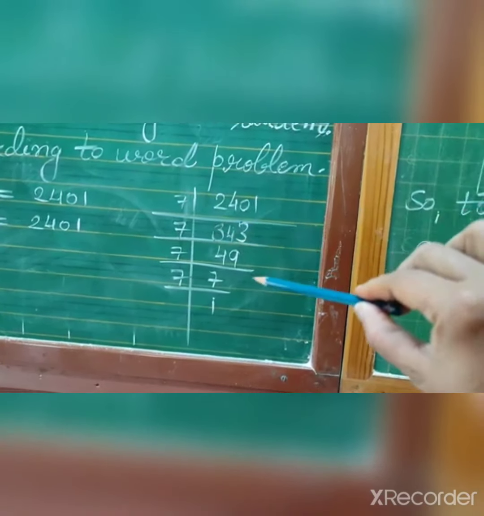Now according to the word problem, the number of rows and the number of plants in each row are equal. So when we multiply, suppose 10 rows are there and in each row 10 plants are there, the total plants we will get is 10 into 10, 100. In the same way, X into X is 2025. And already in the 7th question I taught you how you can solve this. Okay. Now we will talk about the 9th question.